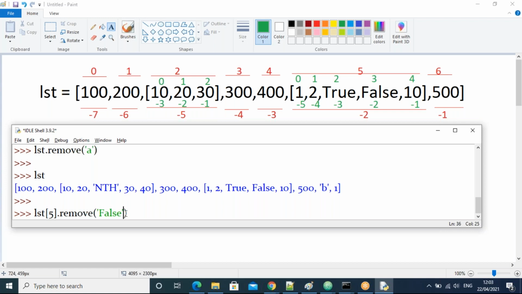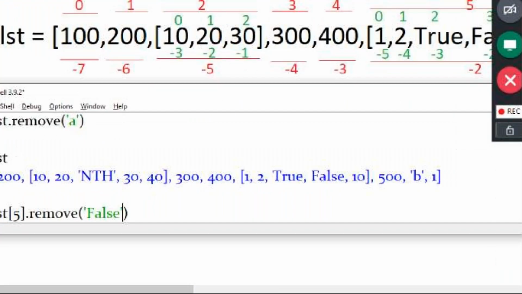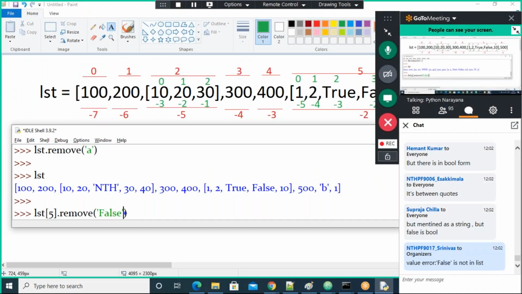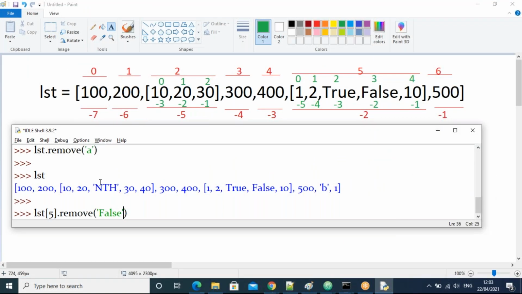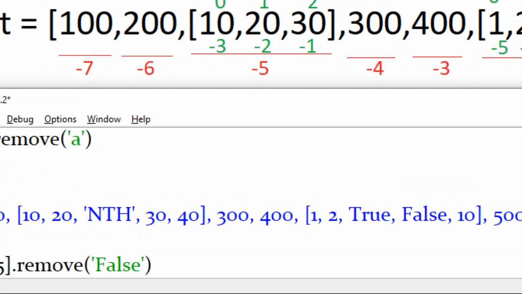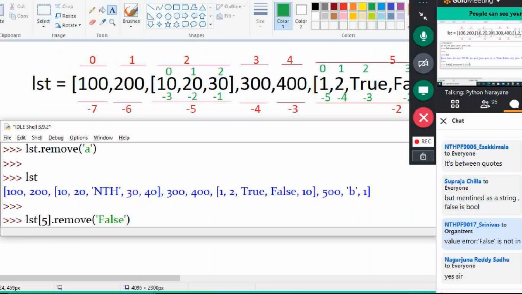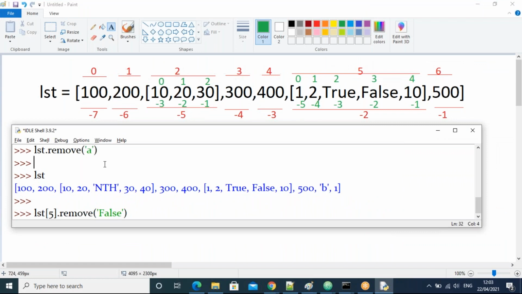You are saying that false is a keyword, sir. You are taking the quotes, so error will come, sir. That's what you're thinking. You're thinking that false is a keyword, so no quotes for keywords, because a keyword is a predefined word. This point is correct, guys. But for this line, at this line,